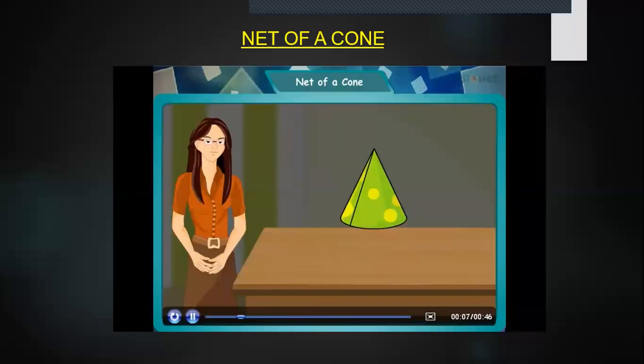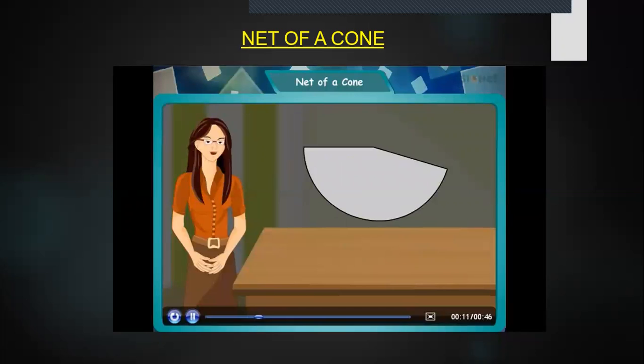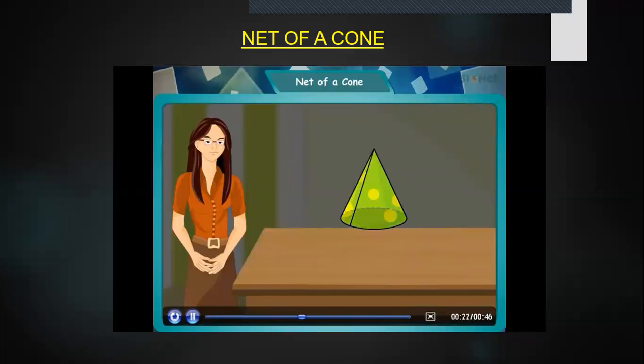Look at the birthday cap. When you open this, you get a portion of a circle as shown here. This is called the sector of a circle. Now, if you fold the sector in such a way that the two straight edges meet, you will get the